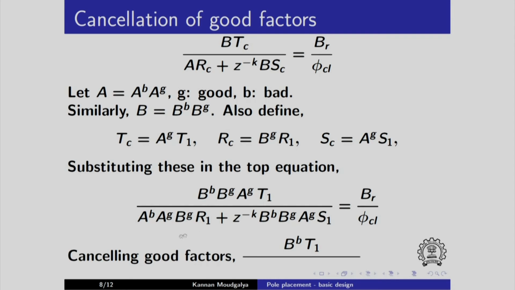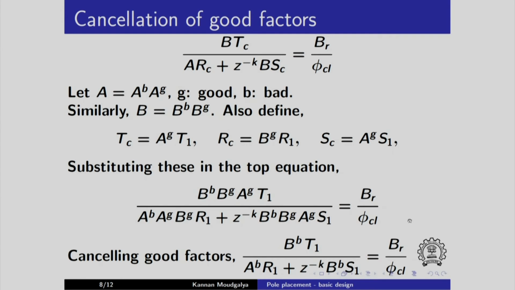Now let us cancel good factors. This BG will cancel this BG and this BG. This AG will cancel this AG and this AG. So we have ABR1 and z power minus k times BB into S1 equals